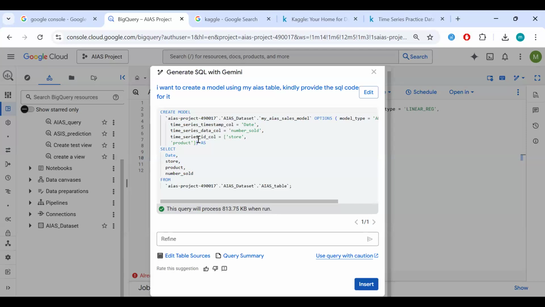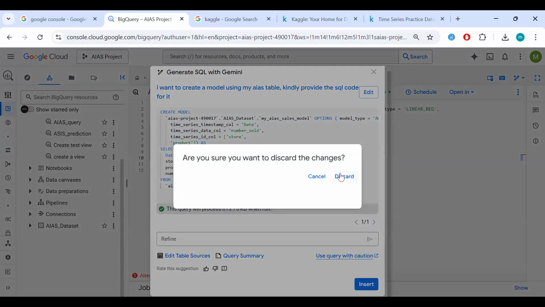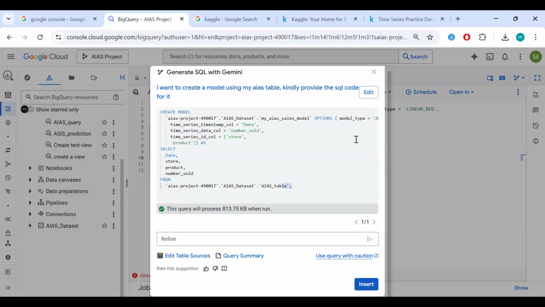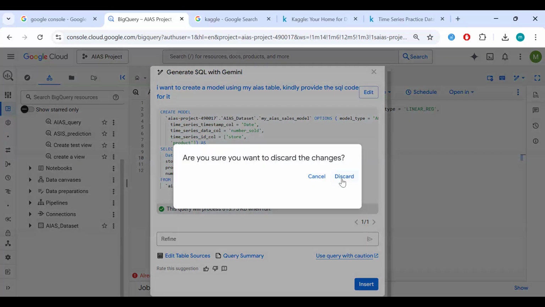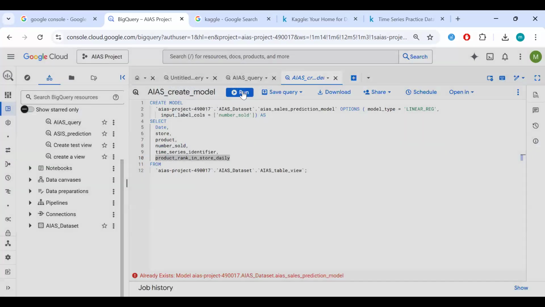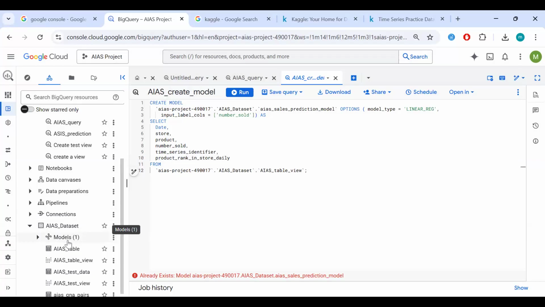So this is basic code to generate a model. Traditionally, we would have written a lot more code to just get our model running. But this is all we're writing now. So like I said, you can just insert the SQL code and it will save it into your script. And then you have something like this, and then you run it. And once you run it, in our data sets, we should have our model view right here. So once I open our model view right here,